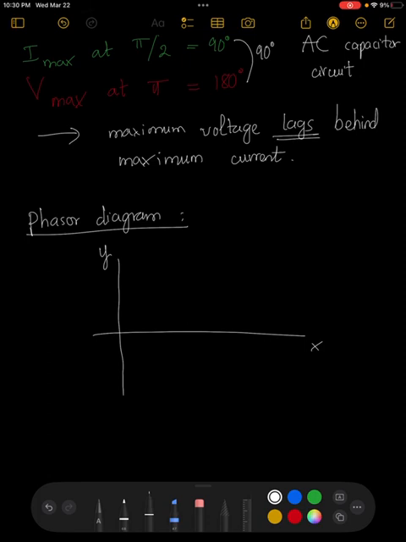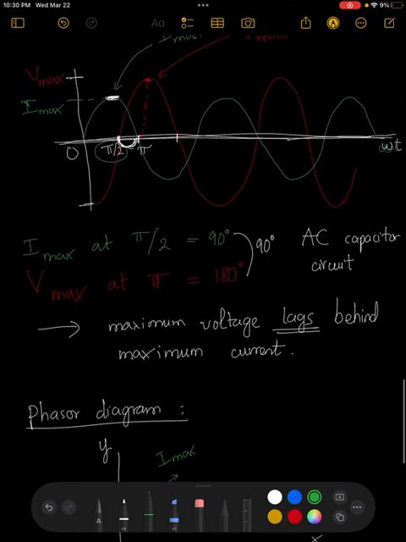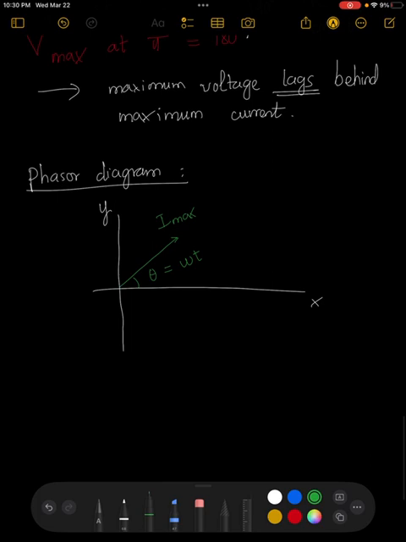Okay, so our current reaches the maximum value here, and this angle is omega t, which is coming from here, omega t. Okay, before the current, before the voltage, and the voltage maximum value Vmax equal to Imax